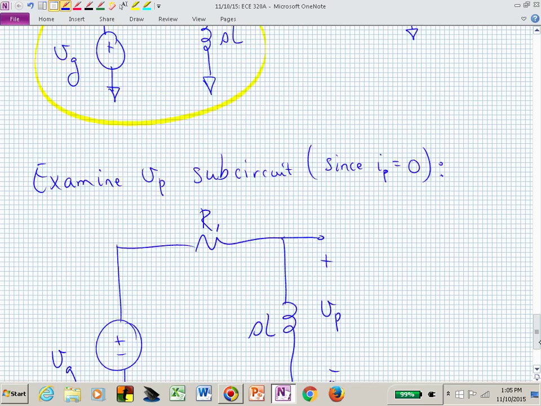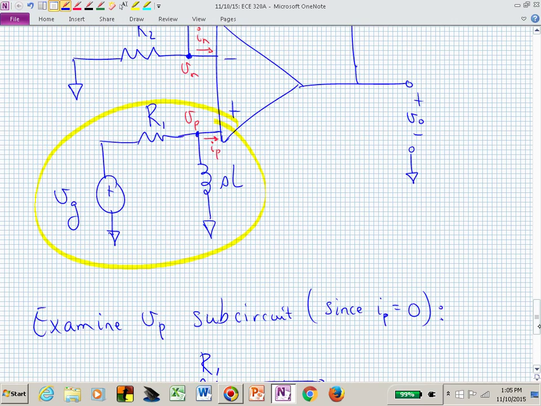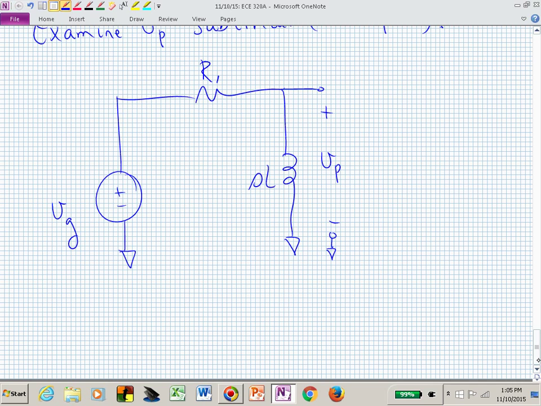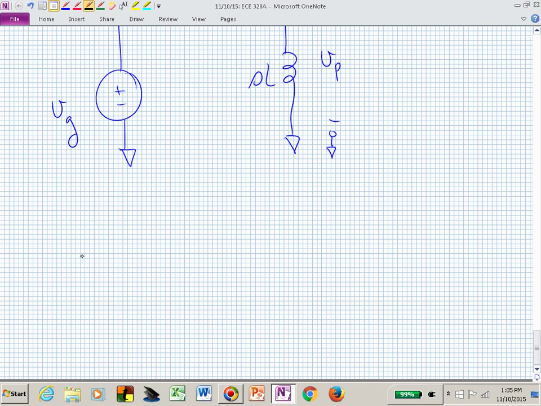That's the voltage of that non-inverting terminal relative to these triangles that are representing our ground in this circuit. How do we find V sub P in terms of V sub G, which is just our supply? That's a voltage divider. If we now look at this as a voltage divider,